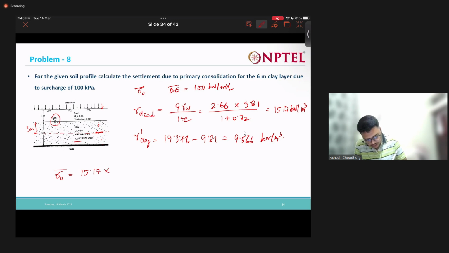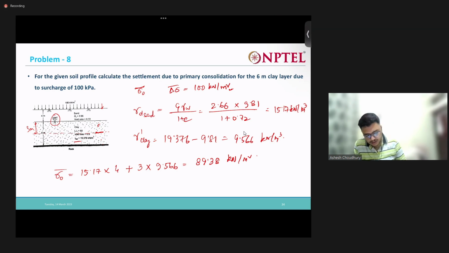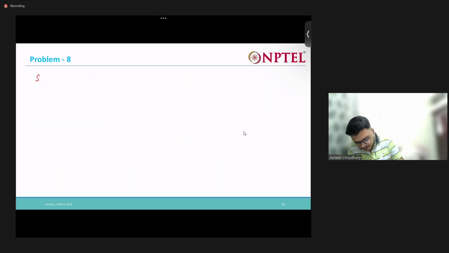15.17 into 4 plus of the clay. Okay, so we will be getting 89.38. Okay, so this is our effective stress. Now we can calculate the consolidation settlement. It's nothing but H into Cc by 1 plus E naught log